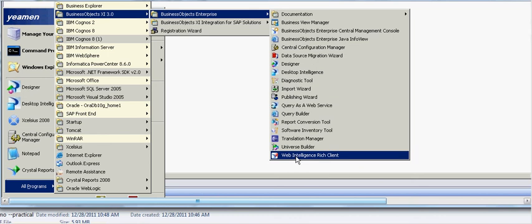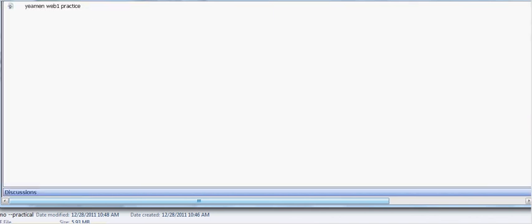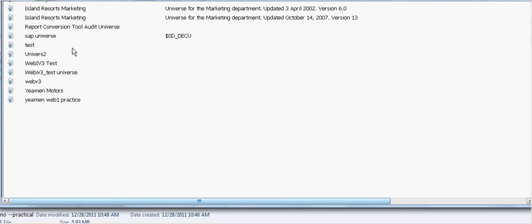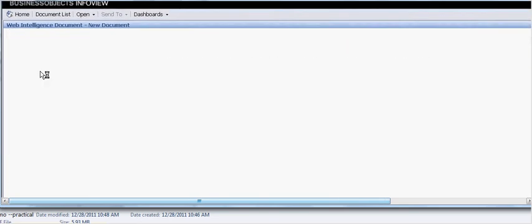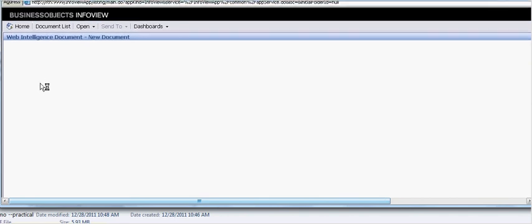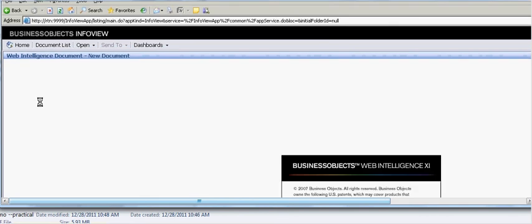So the look and feel is like this. You can see the universes already developed by the designers are available here. When you select any one of the universes, a query panel automatically opens. Using the query panel only, we develop the reports.